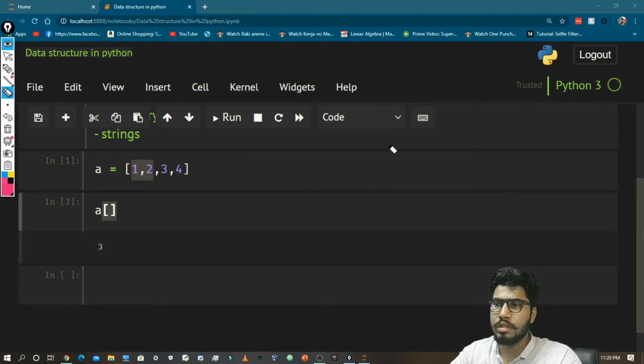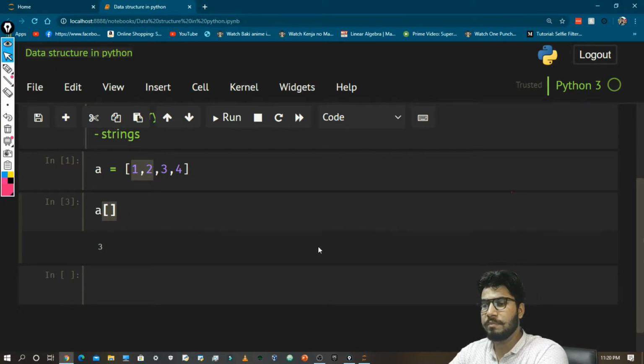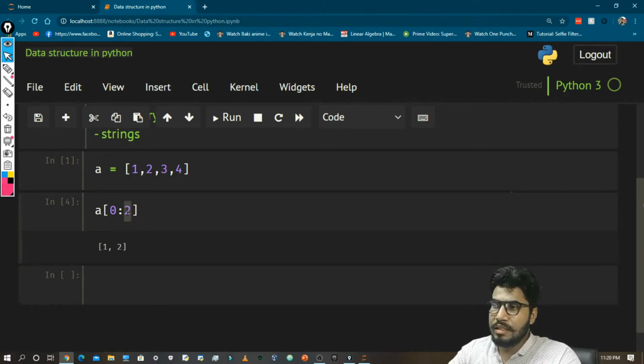Here we need to do something similar, but it is different because instead of a comma we need to use a colon. So the starting index is 0 and the ending index is 2, and as you can see the end index is also exclusive. So that's why I got only 2 values, 1 and 2.